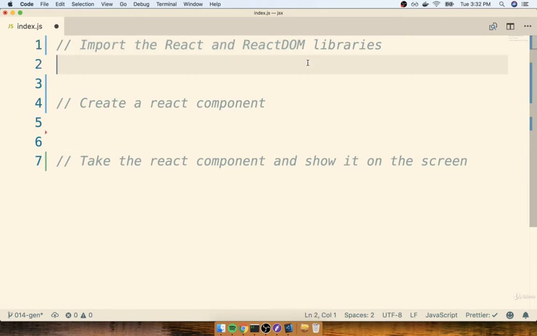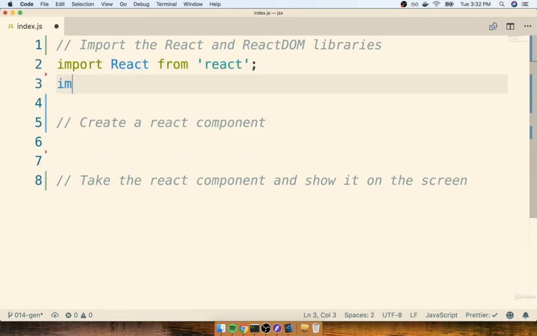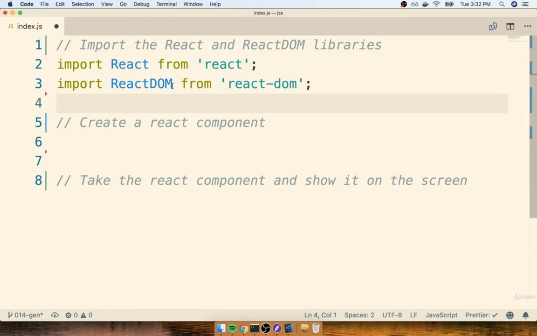I want to import the React and React DOM libraries. In order to do so, I'm going to write out import React from React, and then import React DOM from React-DOM. Okay, so just right there with these 2 lines of code, we've got a lot of crazy stuff going on. I want to talk to you a little bit about exactly what import statements are and why we have to use them at all. But before I do, I want you to take special note and make sure that you put capital DOM in your import statement as well.